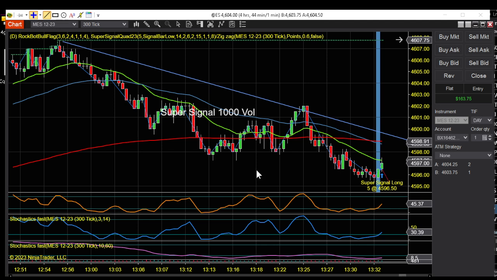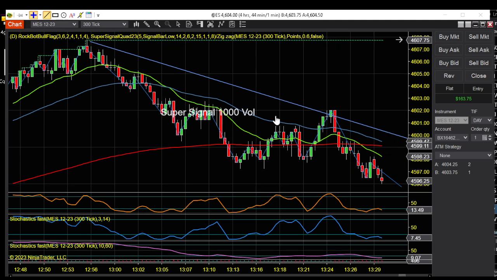The setups are easy to spot. Here's a setup right here. There's a low, there's a lower low, here's a higher low, stochastic divergence. Stop goes in at the lows there. It even moved up here and you got up to 80 and you would have taken it off right here